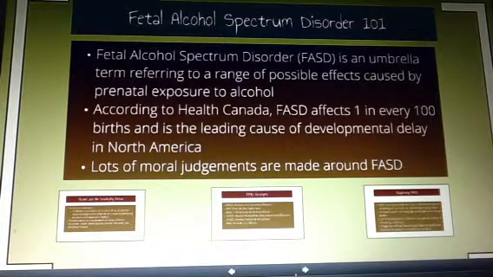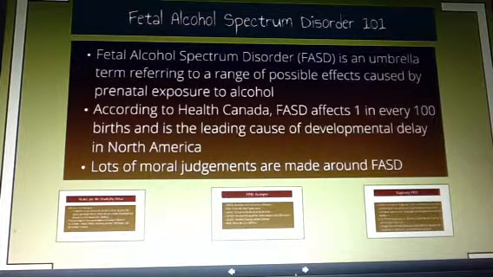It is important to know what FASD is and how to work with students affected by FASD because it is an incredibly common disability and one that you will encounter throughout your career, if not in your practicum. According to Health Canada, FASD affects 1 in every 100 births and is the leading cause of developmental delay in North America. This statistic is actually quite conservative if you consider that FASD is underdiagnosed in the population. There are higher rates of FASD in communities with higher alcohol consumption, so depending on where your practicum placement is, an understanding of FASD is going to be incredibly helpful, and it's also going to increase your hireability if you go to apply in that area later.